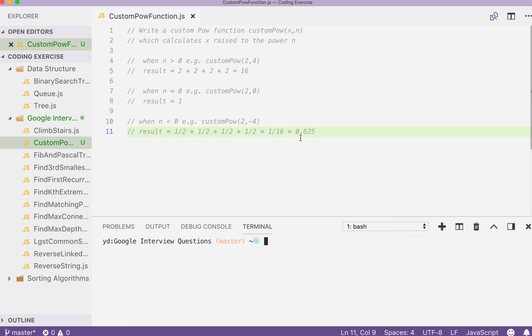Hello, today I want to talk about a very interesting interview question that I failed to pass the first time I saw this question. This question is called custom power function. Custom power takes in two parameters x and n, which calculates what's the result of x raised to the power